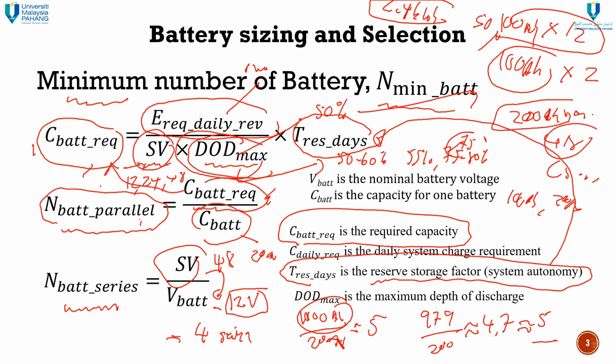So if you buy two batteries and connect them in parallel, then you're going to get 200 Ah. That's why here comes the N batteries in parallel. Remember, if you parallel the battery, then you are going to get more capacity. The capacity will be multiplied. And this